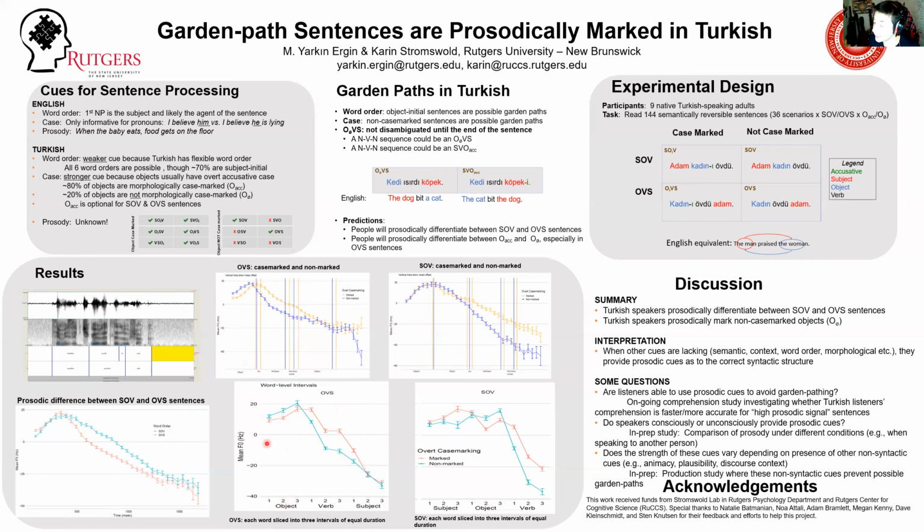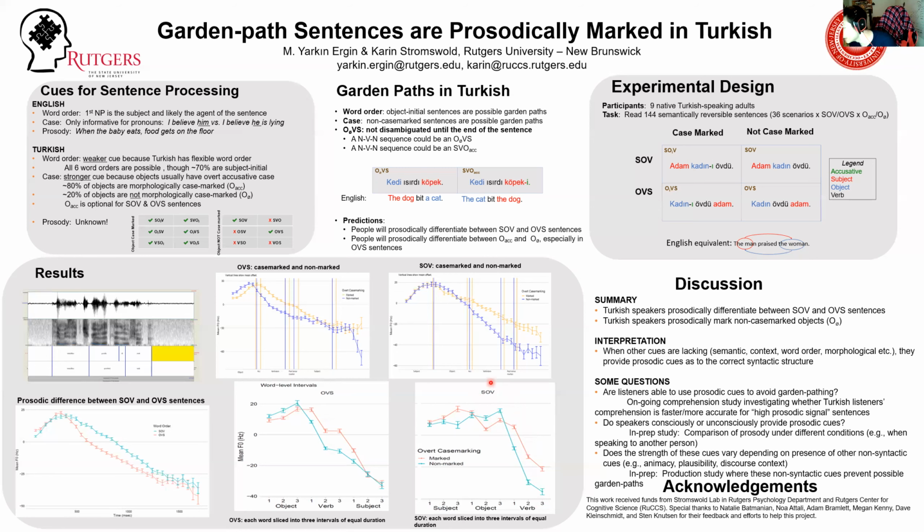And we plotted again the fundamental frequency, in other words, the pitch, the normalized fundamental frequency scores. And again, we can see the same pattern where in the blue line, in the non-case marked sentences, the object, all thirds stay higher than the case marked, and then there's a much steeper decline from the object to the verb in the non-case marked sentences in the OSV word order. Similarly, in the SOV word order, at least the last 2/3 are higher than the case marked, and the decline from the non-case marked object to the verb is much higher and steeper than the case marked version in both